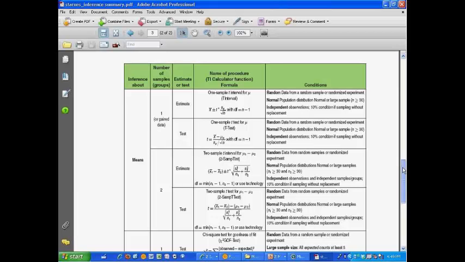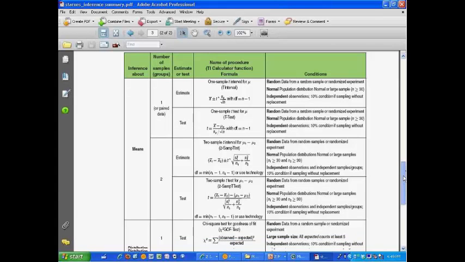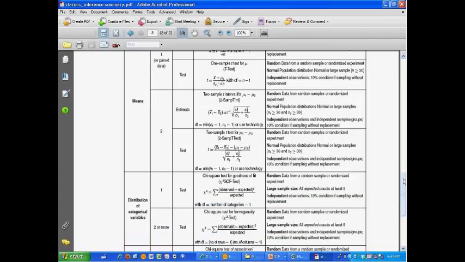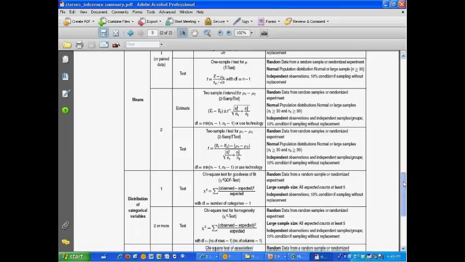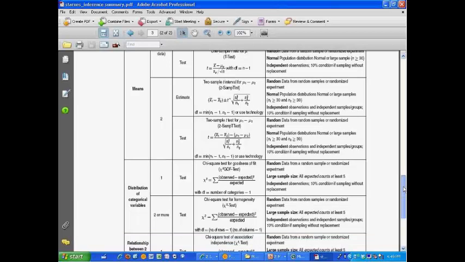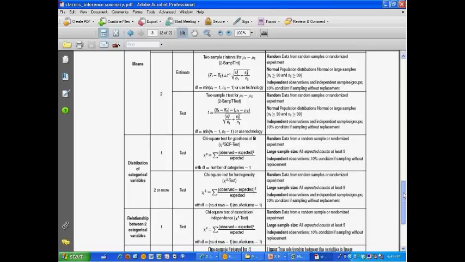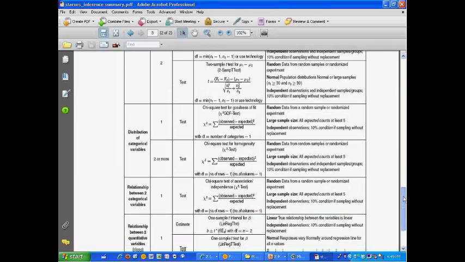Then we have the distributions of categorical variables. That's your chi-squared. And again, we can do creative counting. The goodness of fit test is clearly number 9. A lot of us would argue that the test of homogeneity and the test of association should be thought of differently. So we have 10 and 11. And then the one we always celebrate when we get to is inference about slope. And we have estimates and tests there. So I'm at least 13